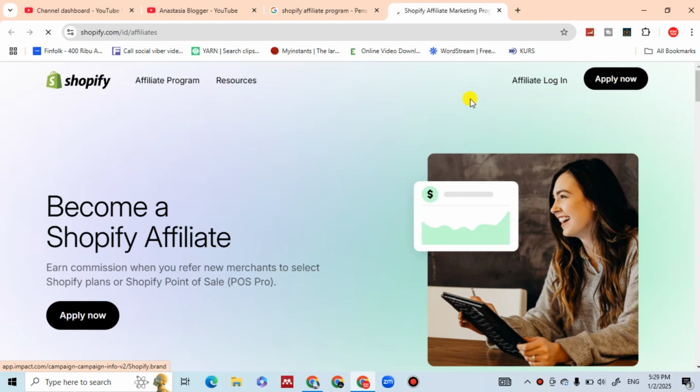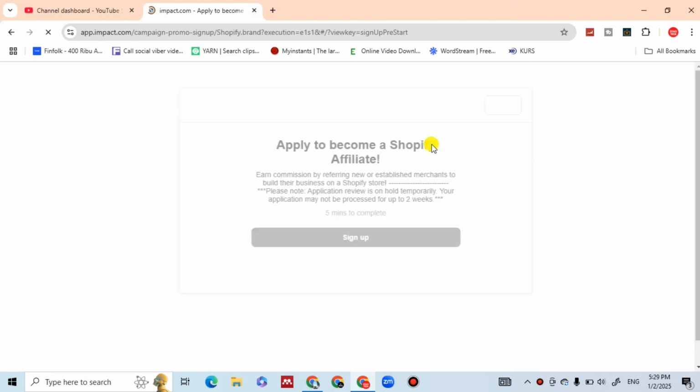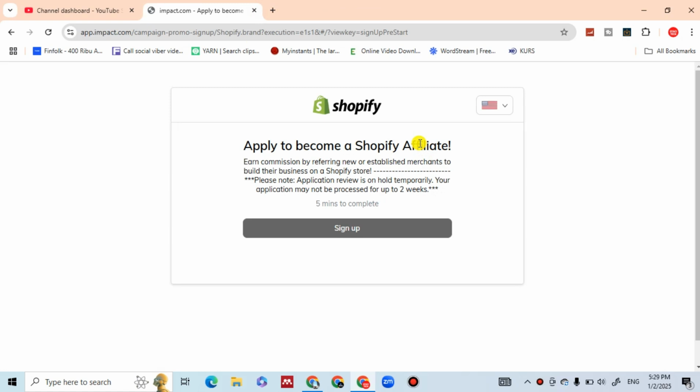How to create an account on Shopify. First, click Apply Now, and you will be taken directly to the sign-up tab. You can change the language. Okay, sign up,